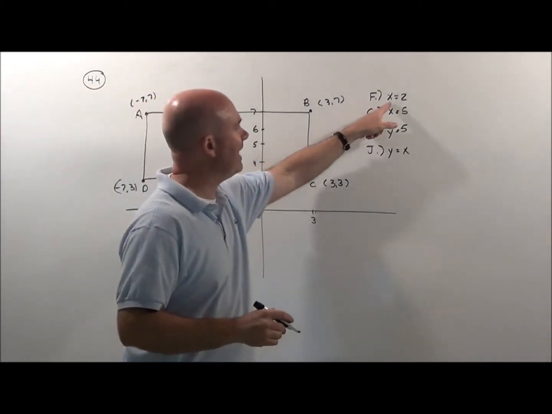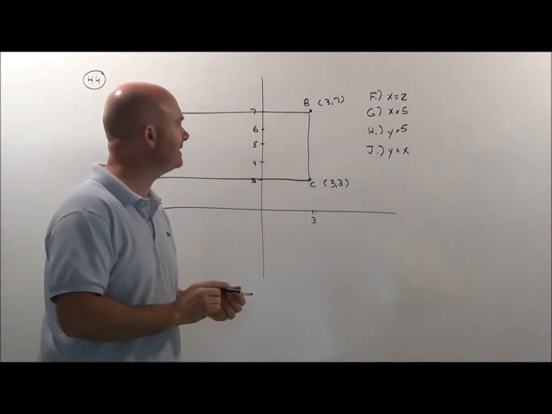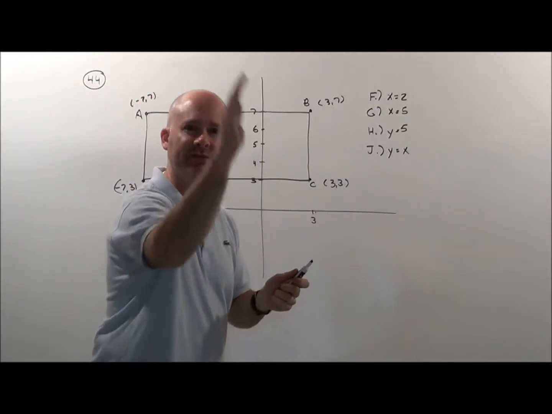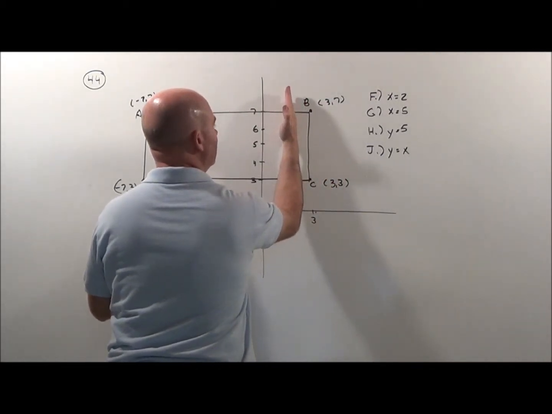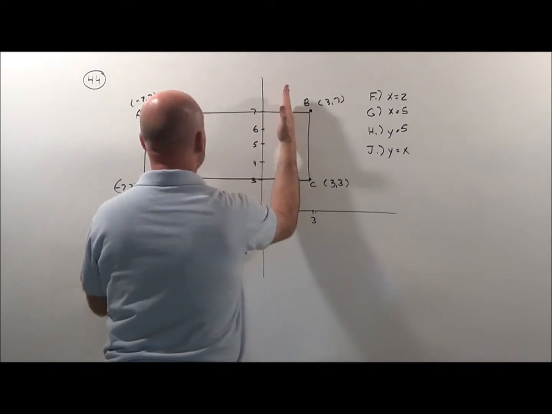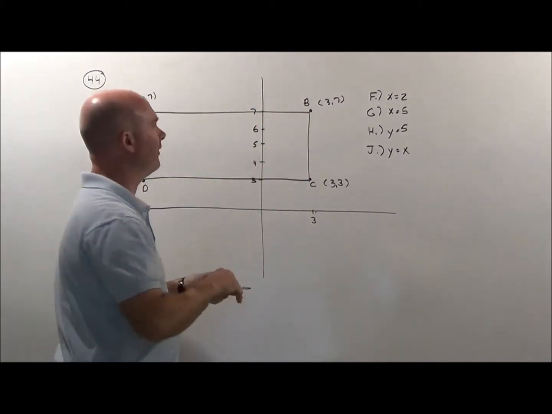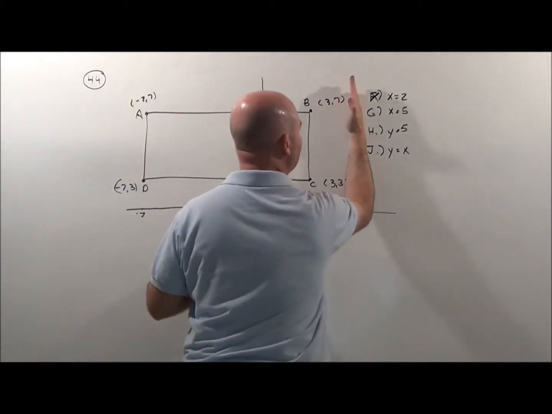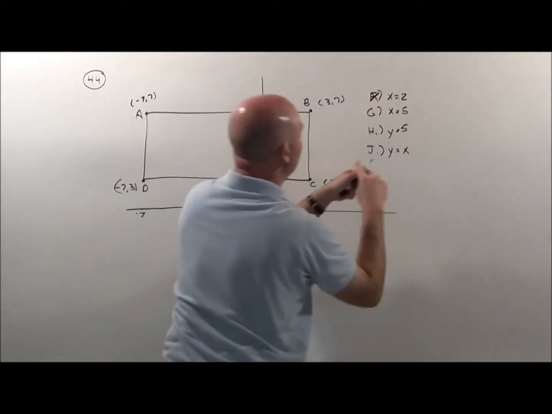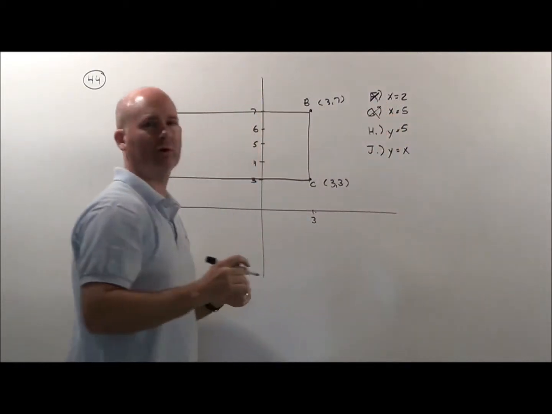We've got to remember what the line x equals 2 looks like. X equals 2, anything that's x equals is going to be a vertical line. So x equals 2 is going to be right here. There's 3, here's x equals 2. That's not going to reflect on itself right there. That's never going to work. X equals 5 is over here. That's going to flip this all the way over here, so that's not going to be working either.